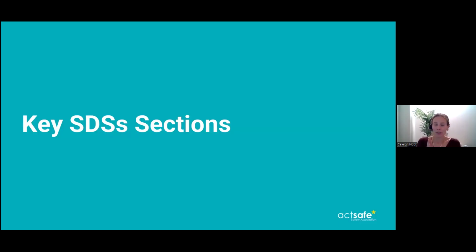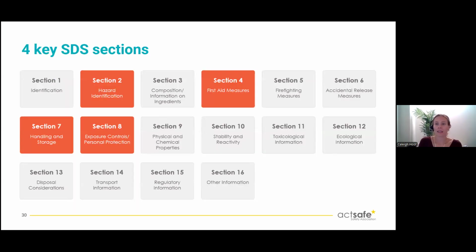Okay, so now that we know a little bit more about our safety data sheets, we are going to dive into some key sections that are my favorite for worker safety. Like we saw, we have an SDS that has 16 sections in total, but some of the sections are far more relevant to our industry and the jobs that we do, especially when it comes to handling products, knowing PPE, and then responding to emergencies. As you can see on the screen, there are 4 highlighted sections. Those are the sections of the 16 that we will be covering today.